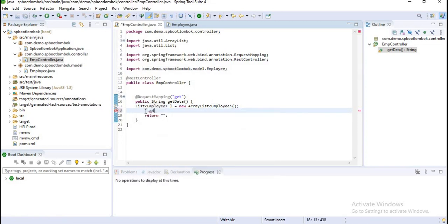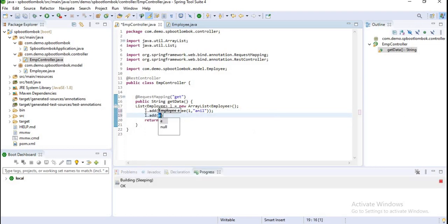List add new Employee, 1 comma name, and I want to add another object, new Employee.